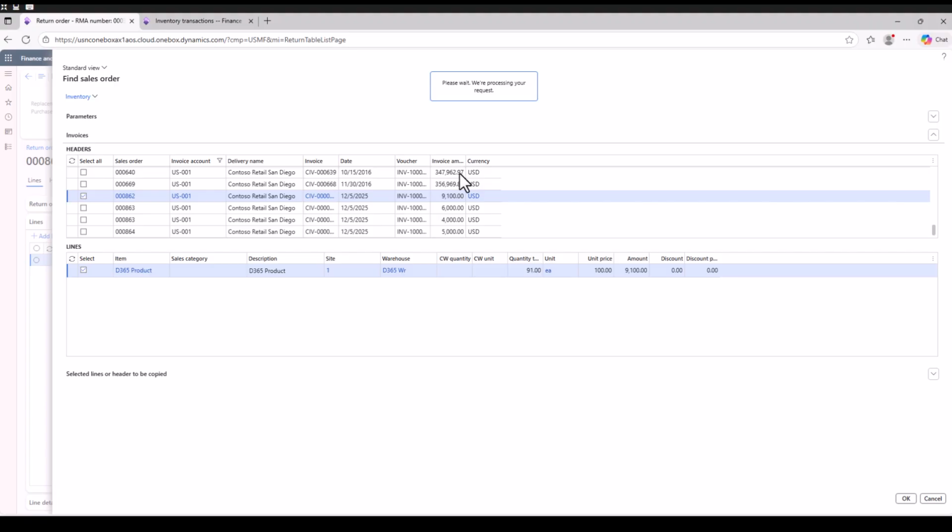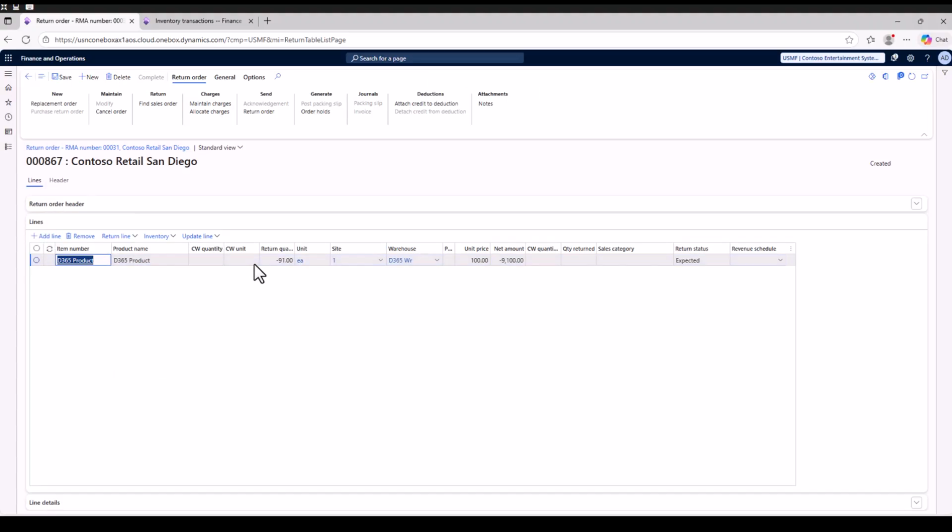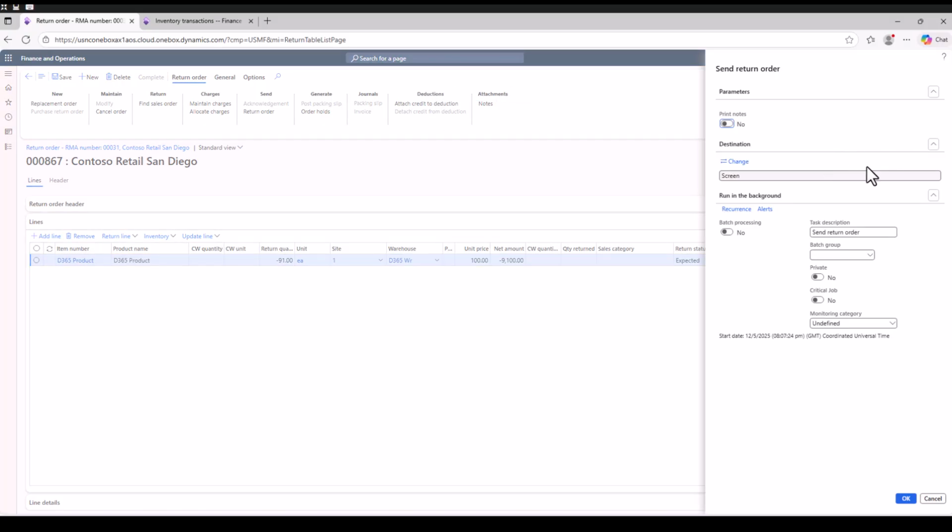So I will simply click OK here. Once I click OK, all the information will get populated on my line, and you see we have this minus unit price. Let me save this. And now I can simply click on my return order. And the interesting thing is,